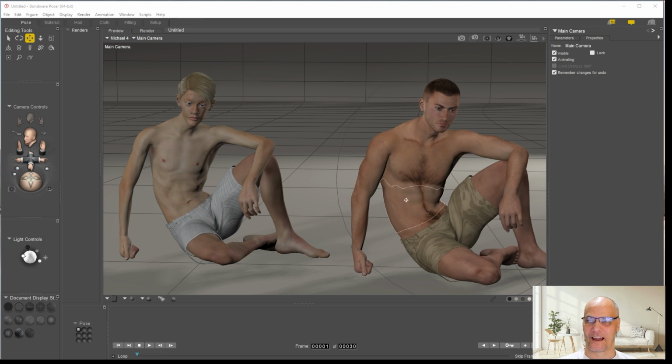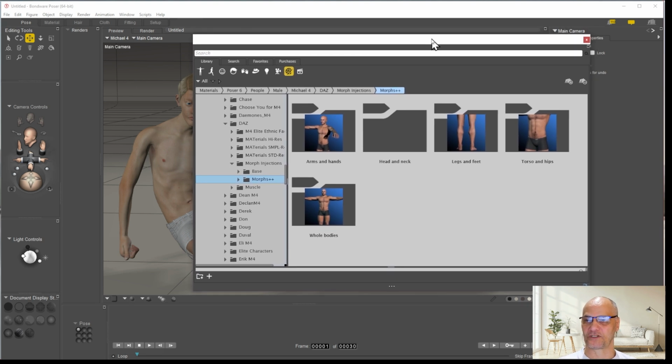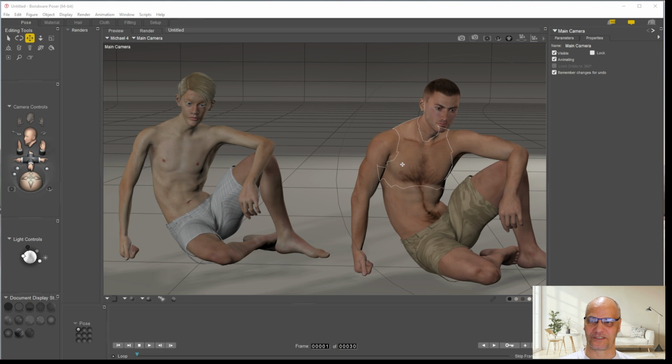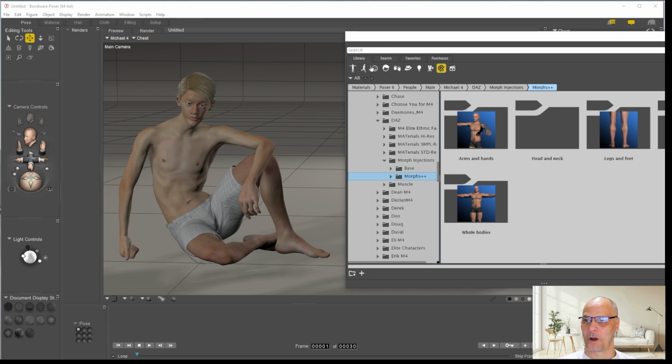So this character here, I've injected all of those morphs that I just showed you here, the entire set, and that's, I don't know, hundreds of different morphs into this character, because it's easier when you're working to have a single figure with all of the morphs and then adapt it how you want, especially if you're trying to create something that looks like somebody in the real world or just a particular type of character. But now that figure size is not really such a problem, what we can do is we can take this character and then we can go to our